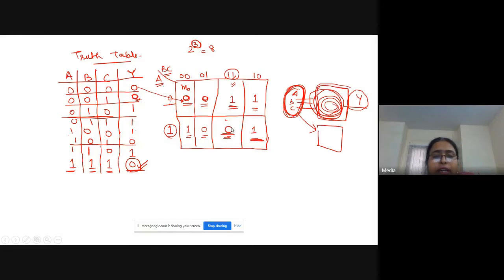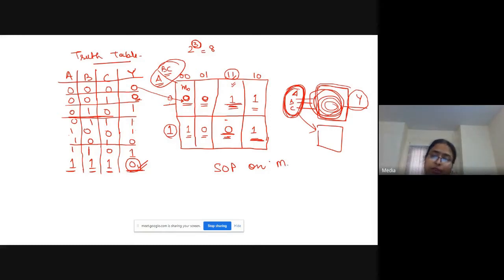So basically what do K maps do? K maps map the input and the output. It is a mapping of the input and the output. So it maps the combinations of the inputs to the output. Is it clear now? Yes, ma'am. Okay. So this is the mapping or the plotting of the truth table on the K-map. Similarly, now we have plotted this SOP on K-map that we have already told you.